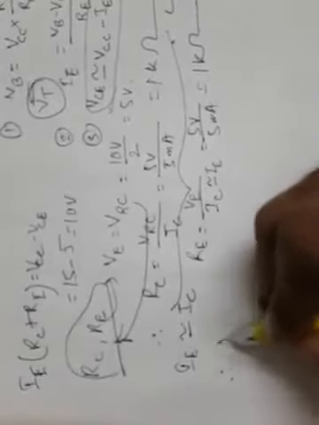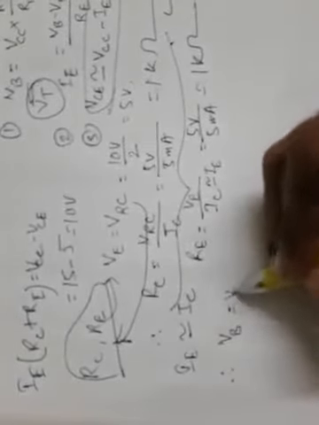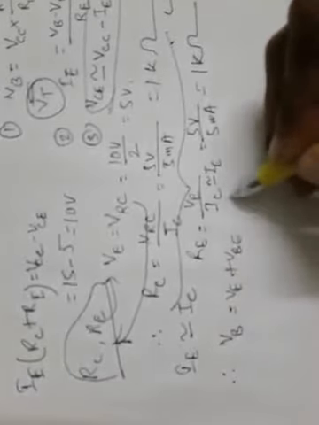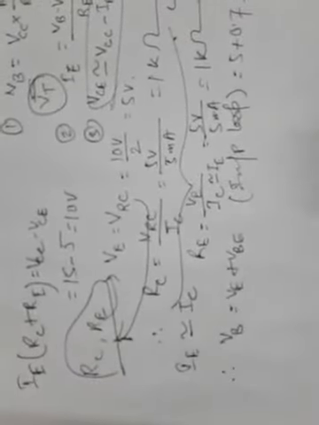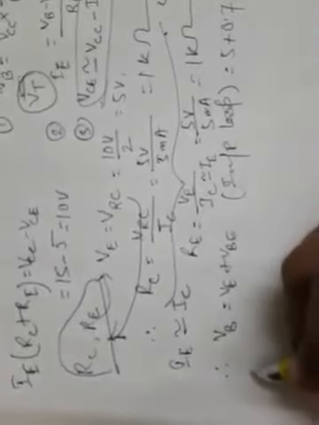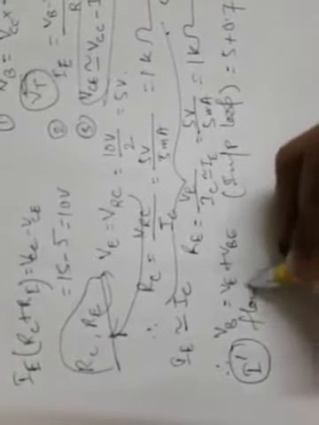Now we can write VB equal to VE plus VBE from the input loop of the voltage divider bias circuit. So this is 5 plus 0.7, that is 5.7 volt. Now in the diagram we have mentioned a current I dash which is flowing through the resistance R2, as we have seen in the voltage divider bias circuit.